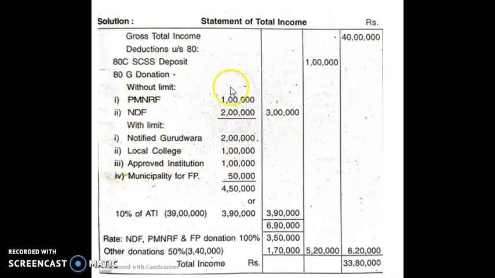All these are donations. First, without limit donation is considered. After that, with the limit is considered. With the limit, in the sense, the limit we have to find out. It is the maximum of 10% of adjusted total income. Why is it 39 lakh? Because 40 lakh minus long-term capital gain, short-term capital gain, plus any 80 deductions except 80G. So there is one item of 1 lakh, so that's why it is 39. So we compared both the things. Lowest is considered, then the rate of deduction, whether 100% or 50%, and the final answer. So we'll see one by one all the items here.